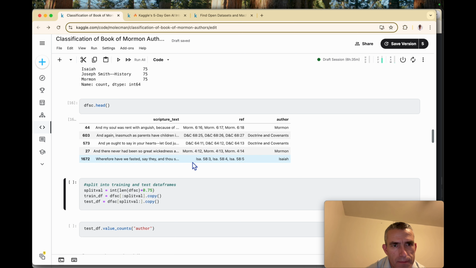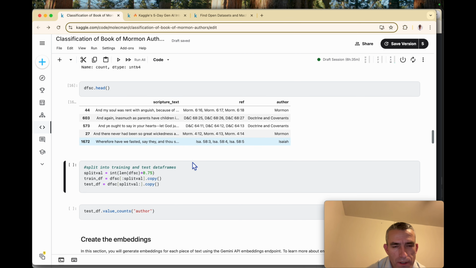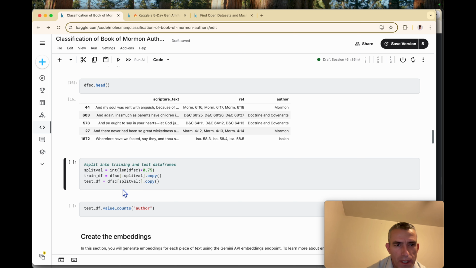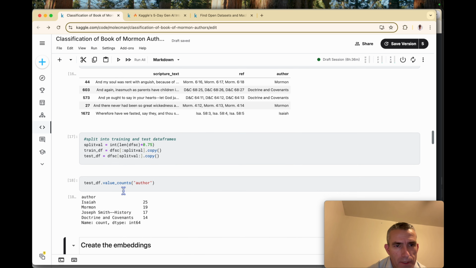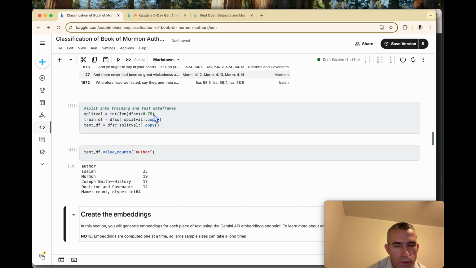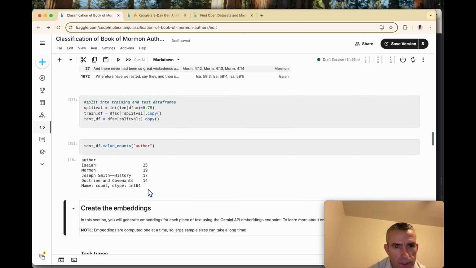And then in order to train the model, you have to split it into a training set and then a test set. And so you use the training set to optimize your parameters and minimize the difference between the actual author versus what the predicted author is. And then you use the test data to check how well you made your prediction, or how accurate the model is. And so here we've got 25% of the data set is for testing. So I've got those things right there.